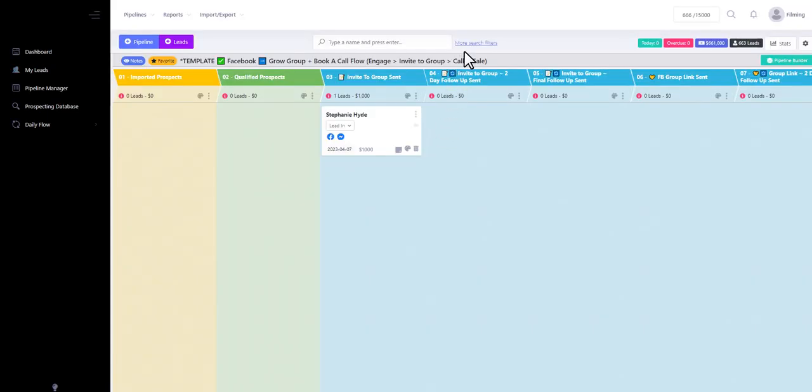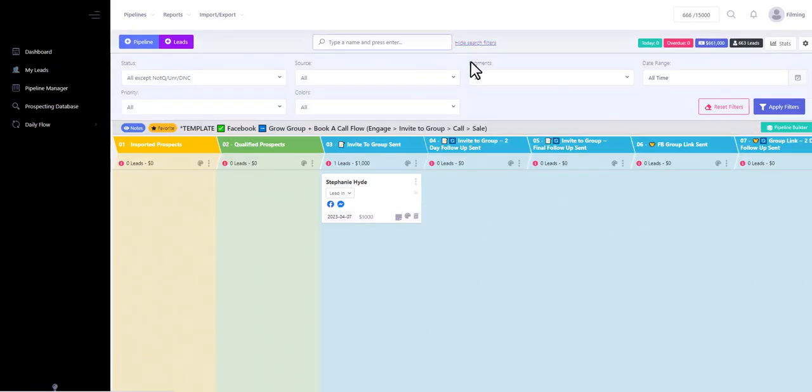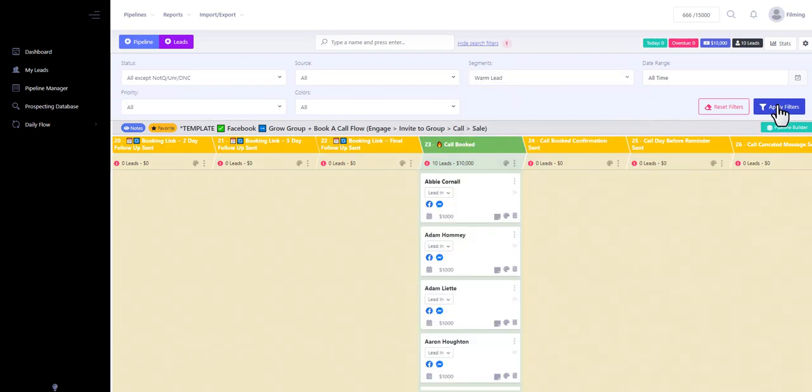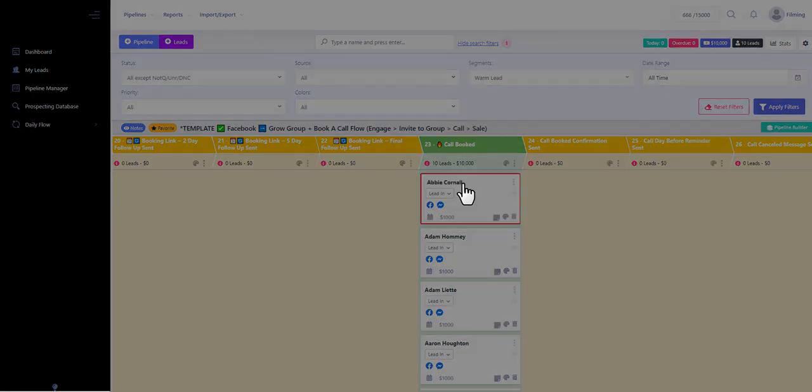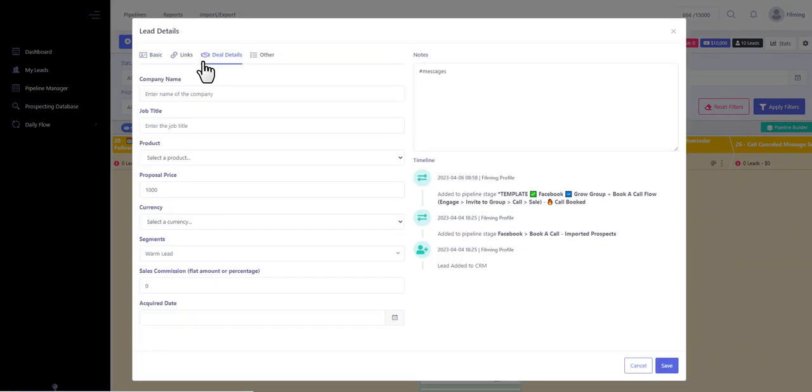If I go into my pipeline, I can click More Search Options and you'll see the segments filter here. You can click the drop down. Now select the segment you want to see on your pipeline. Click Apply Filters and it's going to show you all the leads with this tag. So now if I click into my contact card again, you're going to see in the deal details that a